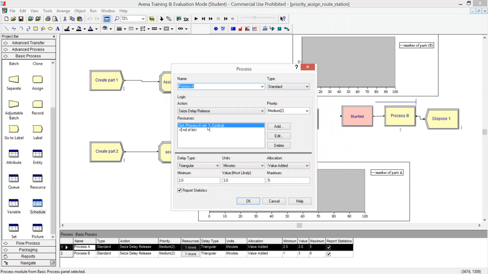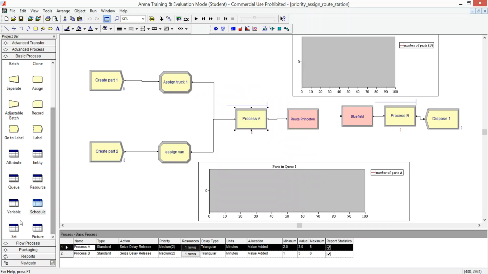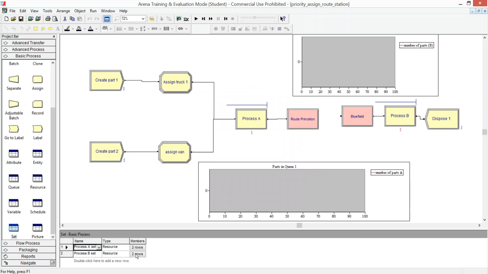Oh, yeah. So we had this set process A. We had it cyclical. So the establishment of a set is something that I think we've talked about a little bit. The difficulty with it is that with this current version of Arena, basically you're setting it up much like you do